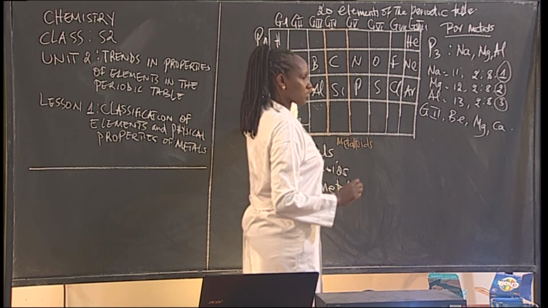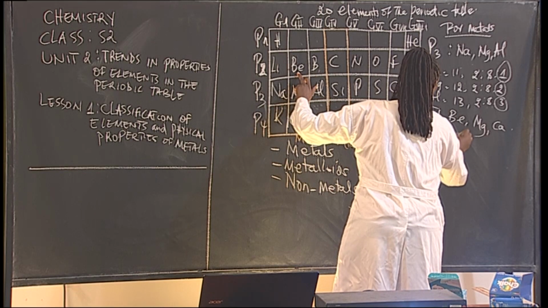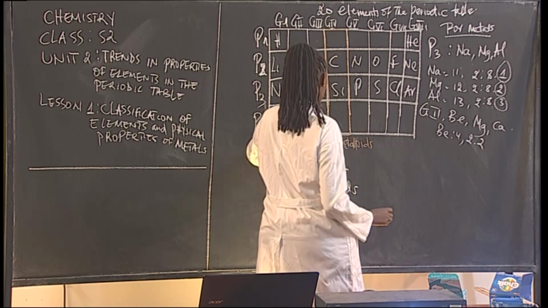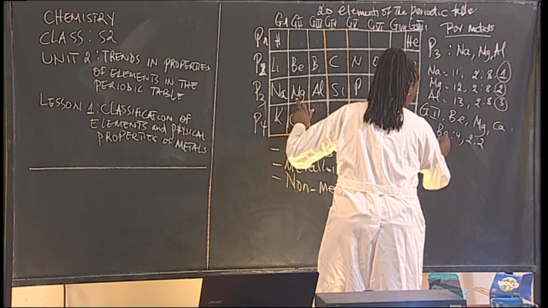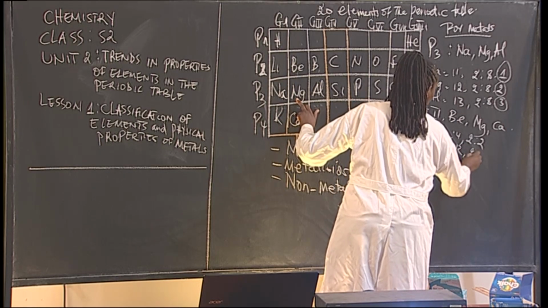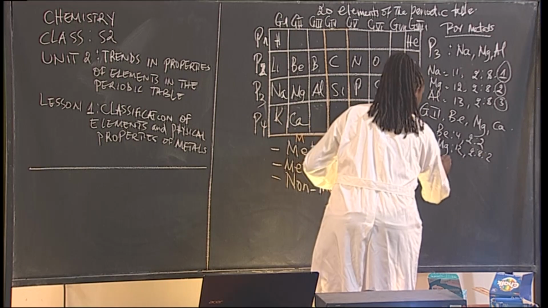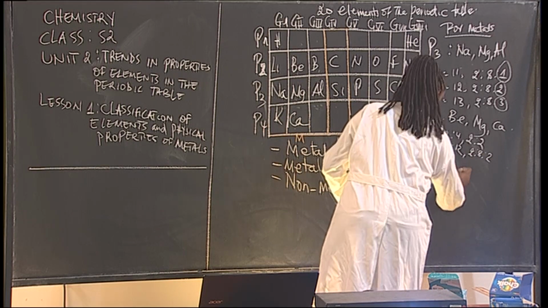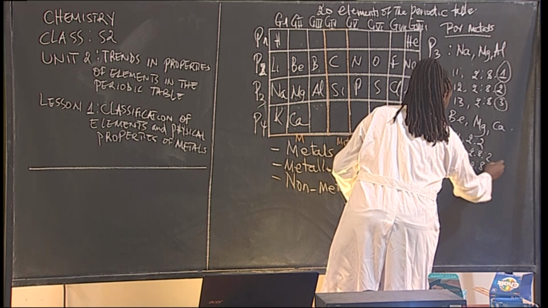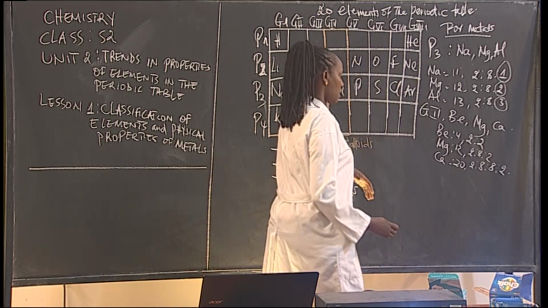So beryllium has got atomic number 4, then electronic configuration 2,2. Magnesium has got atomic number, as I said earlier, 12. Electronic configuration 2, 8, and 2. Then calcium has got 20. Then electronic configuration, that is 2, 8, 8, and 2 again. You see,